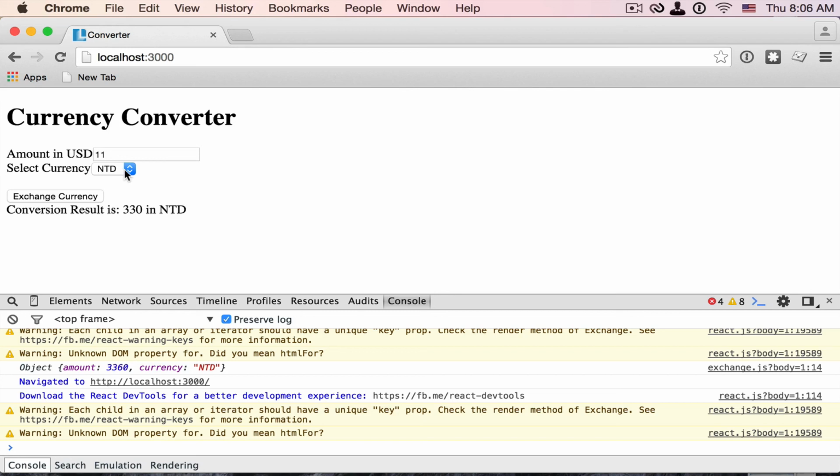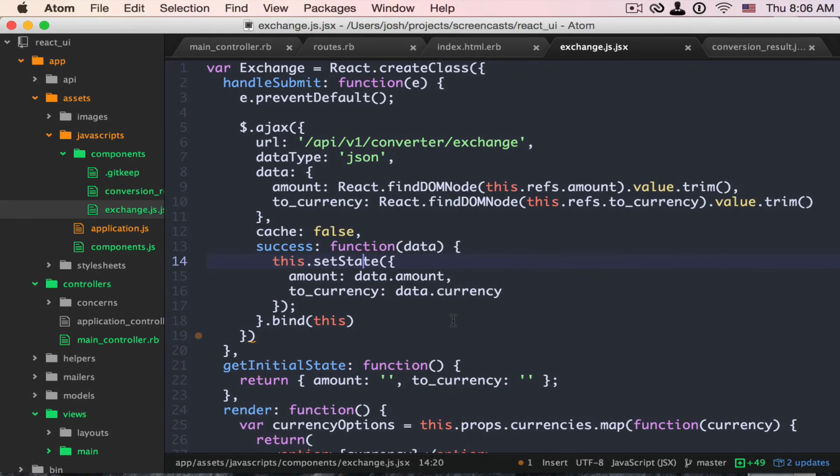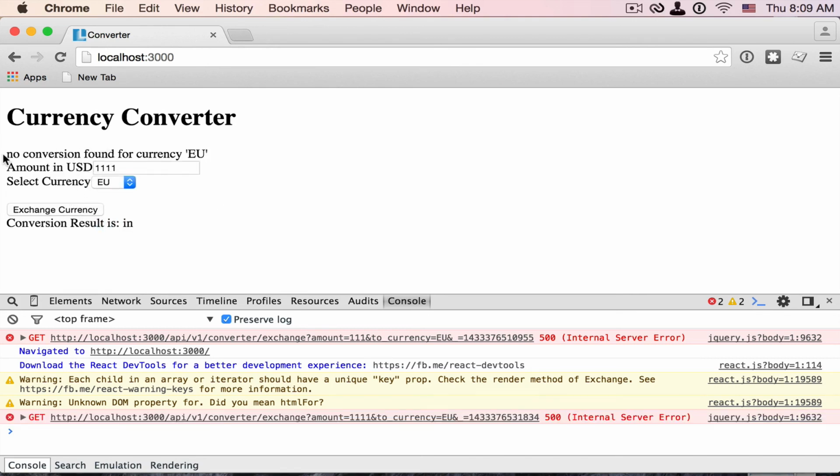Now the next question is what happens when we have an error? Well, obviously, we get a response that's an error back, but our conversion results don't change and we never show that error. Now, the error component is virtually identical to the conversion component. So I'm quickly just going to paste that code in and we'll go over it very briefly. I mean, to create a result, boom, it puts it out. But if we get an error back, we'll see we get the actual message returned from the server and